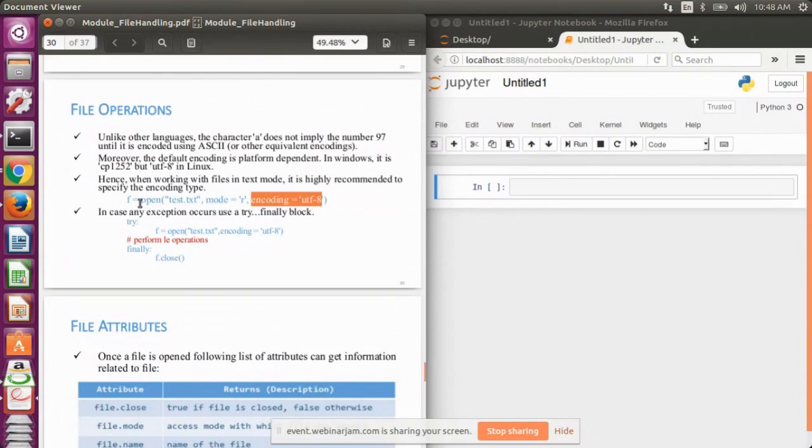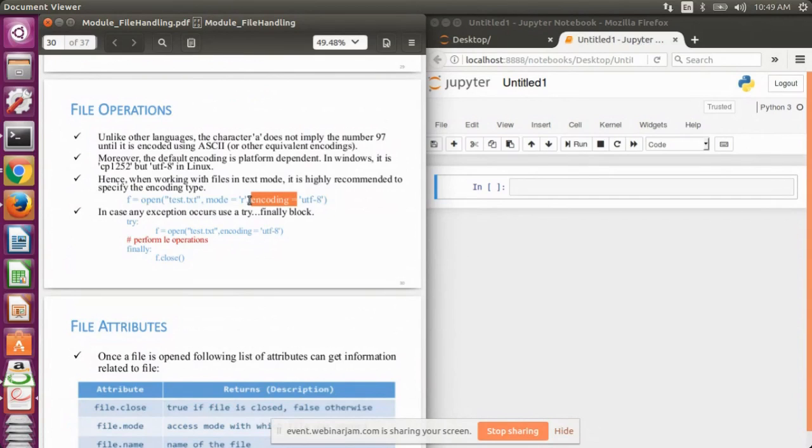And to define the encoding scheme in the open function, we define it as a third argument. Like here we have defined it as encoding equals to UTF-8. It's not compulsory to use this particular statement, that is encoding equals to. You can skip that and you can just specify the third argument as UTF-8 in a single argument. Fine.